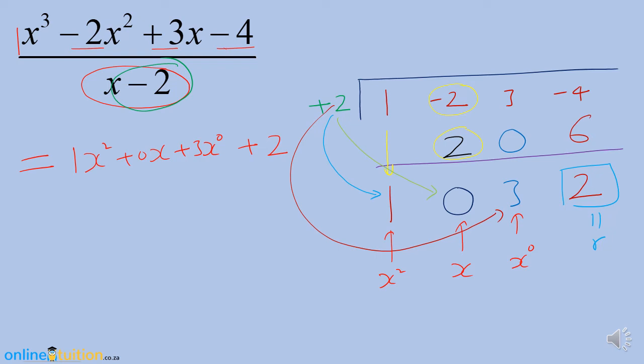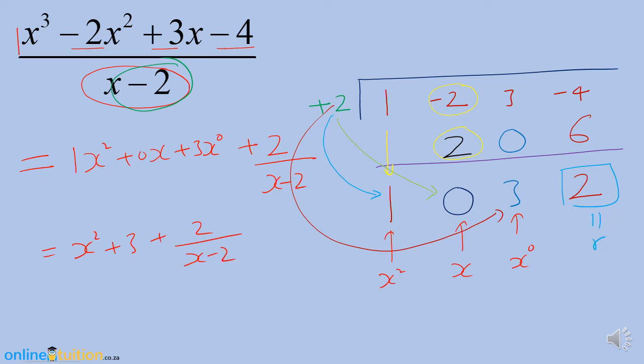But 2 over, obviously the remainder is not that, over x minus 2. You have to be very careful here. Right, so let's just write that again. So this is x squared, plus, 0's gone, 3x to the power 0 is 1, so plus 3, plus 2 over